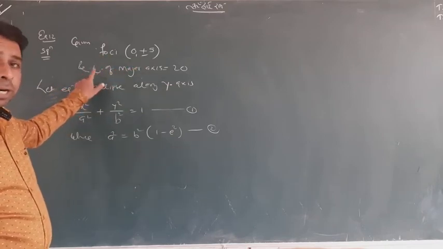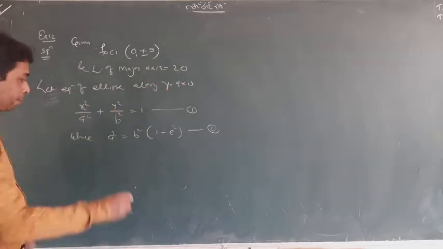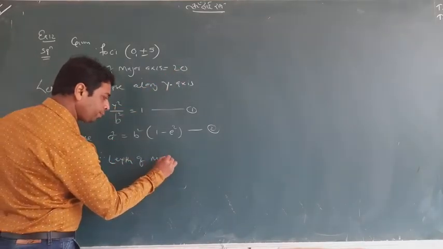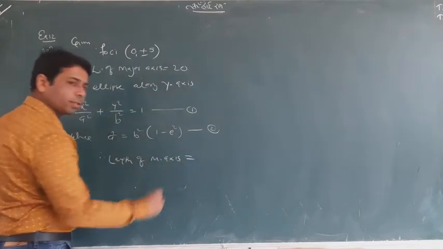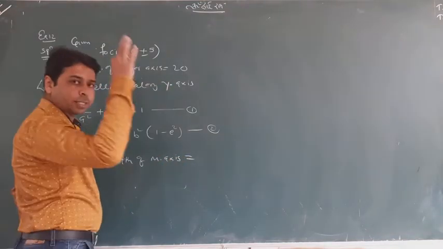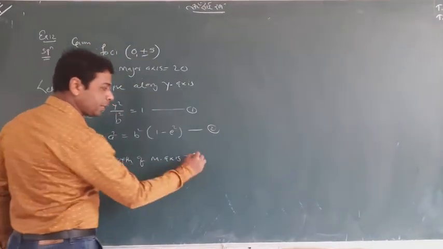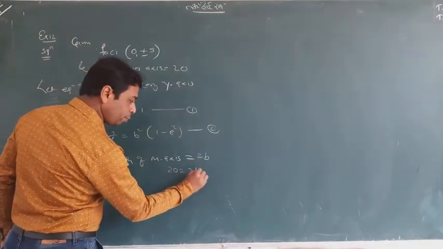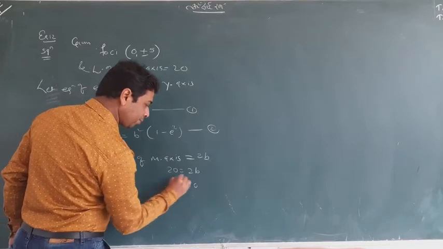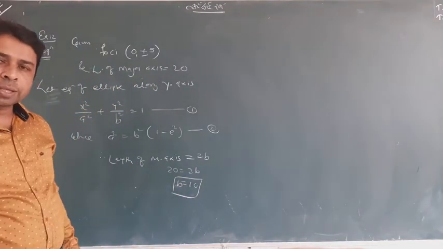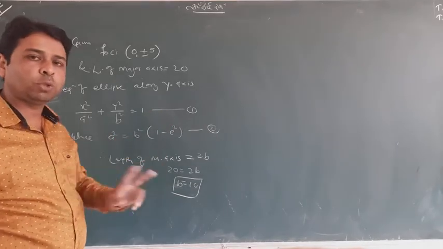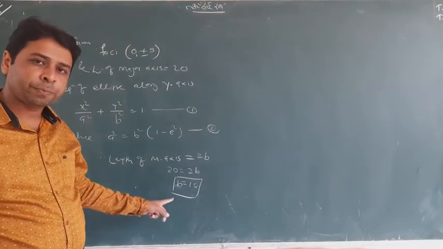Now, go on to the important thing. First, I will follow that one. Major axis is equal to 20. So, tell me, the length of major axis. In the case of the y-axis, along the y-axis, the major axis length is 2b, which is 20, and b equal to 10. As I taught you in an earlier question, whenever you assume your equation, you need only two things, a and b.